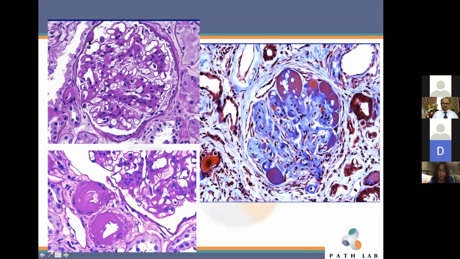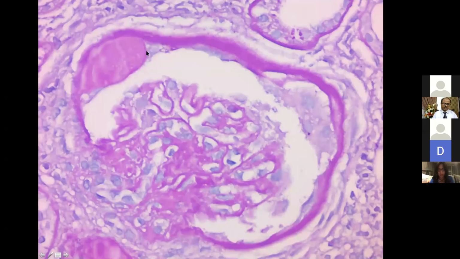This is a capsular drop. Do you see it, Dr. Hakim? Yes, clear. Yes, so you have this frayed Bowman's capsule, the mesangial matrix increase, and then I'll show you a better one. And this is a capsular drop. As you have hyaline caps, they look like caps, as if you have a cap over the glomeruli formed of hyaline. You can get hyaline nodules, and you get extensive arteriolar hyalinosis. This is a capsular drop. Do you see it? Very nice hyaline capsular drop.